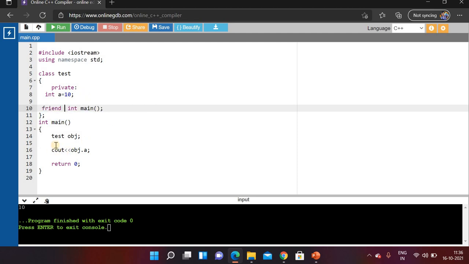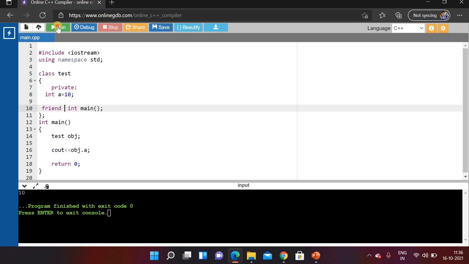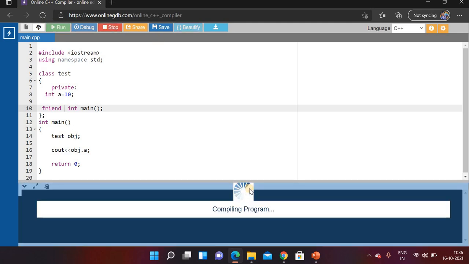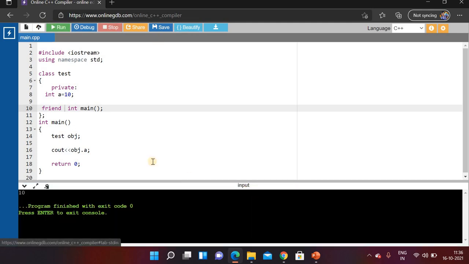Now the main function is the friend of the test class, and we can access private and protected members of class test by using this friend function. So now we won't get any error and our program will be executed successfully, and we got output 10.